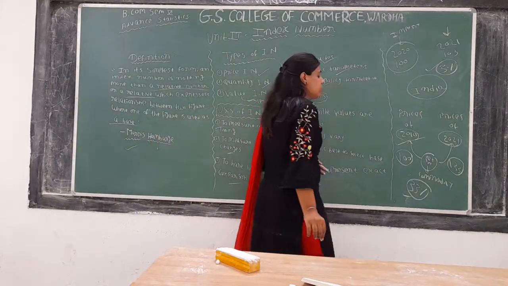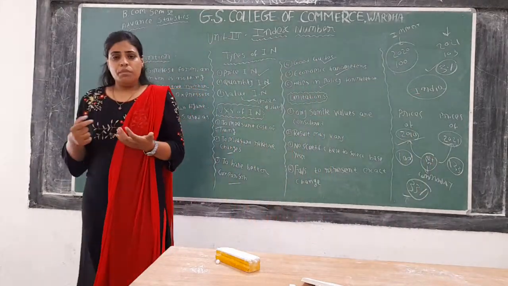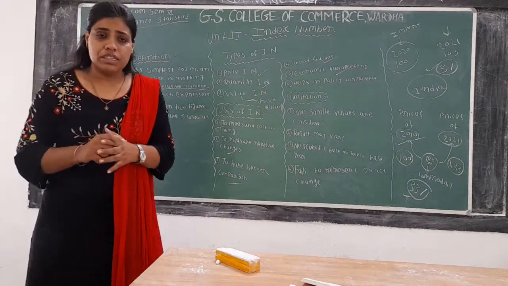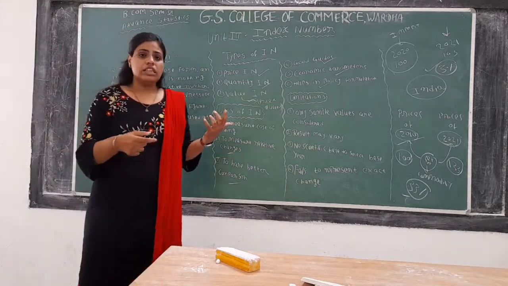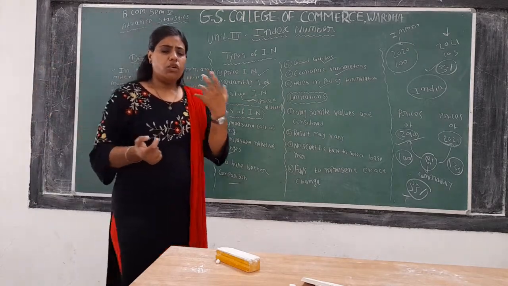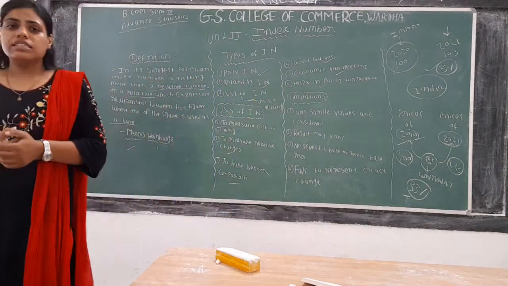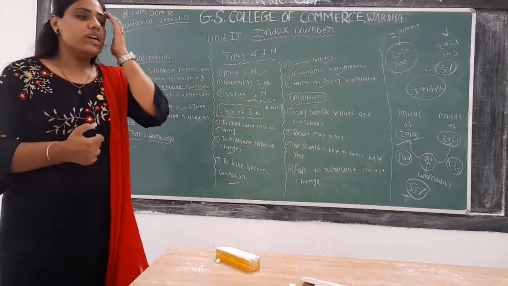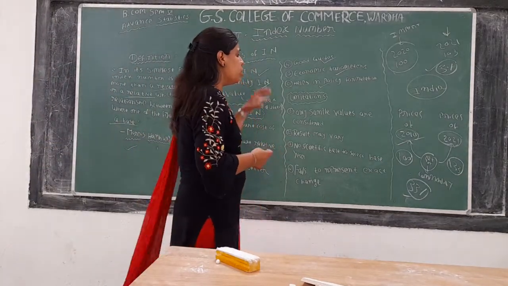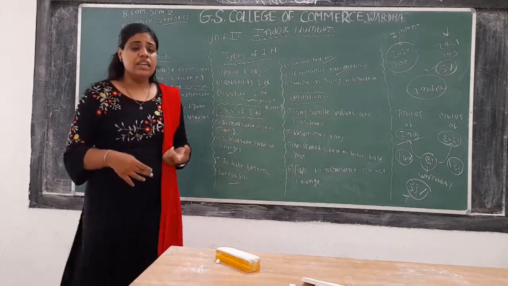After that, helps in policy formulation. So of course, it is a tool to measure the relative changes in all the macroeconomic variables. It is a tool to measure the relative changes in all the sectors of the economy. So of course, while formulating the policy for the nation, for the growth and development of the nation, all these factors are considered. Okay, all these factors are taken into consideration. Therefore, we say that index number is a concept which also helps in policy formulation. So these are the uses or the advantages or the importance of the index number.